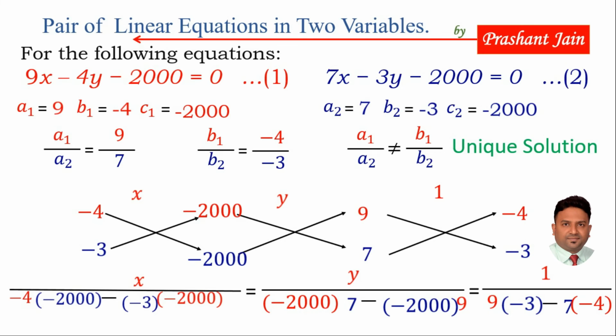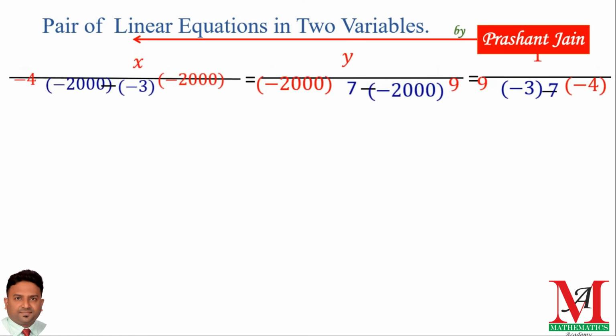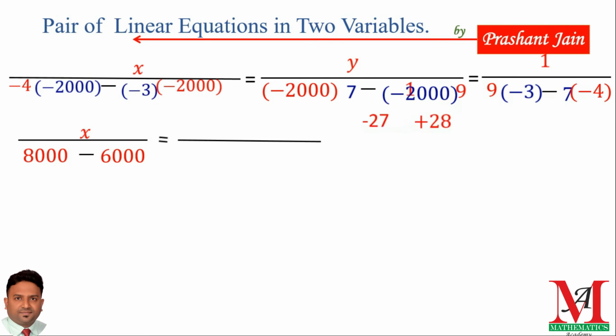Now moving towards the next, and this is what we have learnt in the previous slide. Now time to solve this. When we solve for x, write x and the calculation. As you know, minus 4 into minus 2000 is plus 8000, and minus of minus 3 into minus 2000: there are 3 minus signs, minus minus is plus, and again minus is minus, and 3 into 2 is 6000. Time to write the constant term, and the calculation is in front of your screen. I think you don't have any doubt.